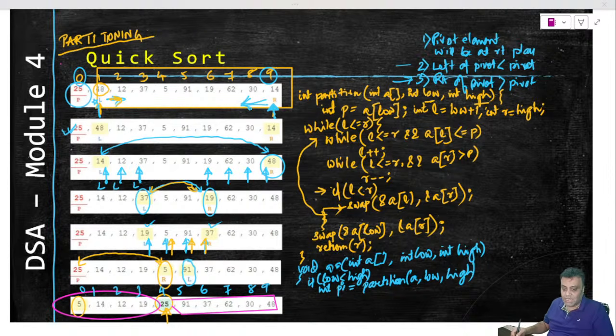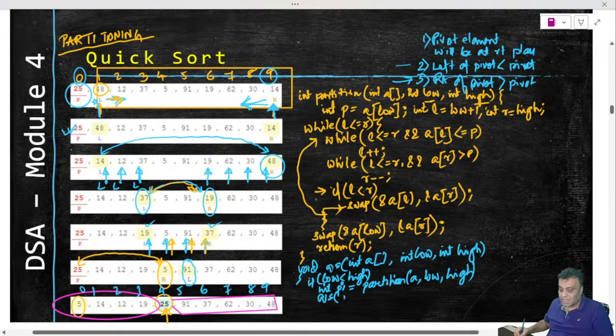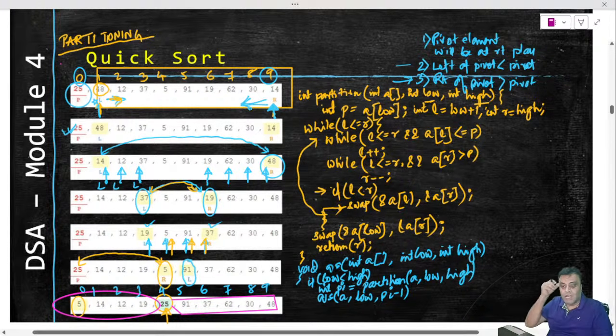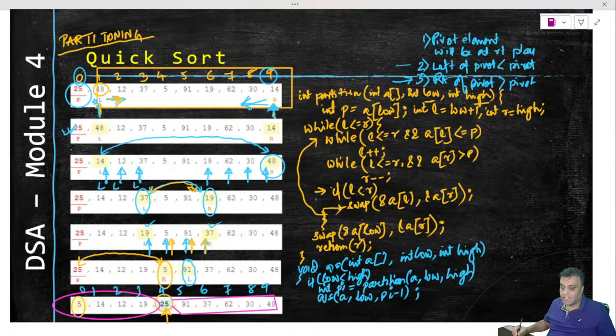So when I store it in PI, after storing it in PI, I can call myself again. I can call quicksort again with what? With whatever I said in the beginning of this session, where I said that take A, take the low, and whatever your partition index is, subtract 1 from it. That will be your end point of the other array, the left side sub array, and take another quicksort, take A, then add 1 to the partition index and go till the high. So this is your left array, and this is your right array of the partition.